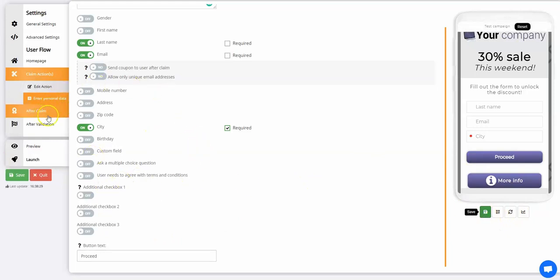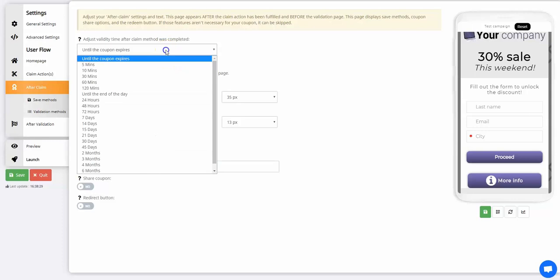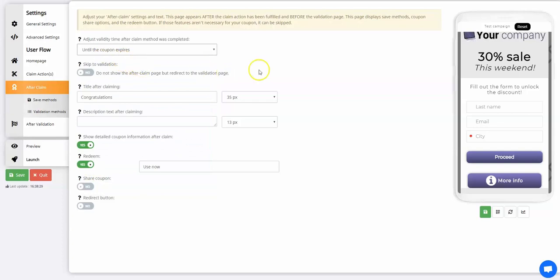Now let's set up your After Claim page. The first feature is the Adjust Validity Time after the claim method was completed. Either choose that the coupon is valid until it expires, or when a certain amount of time has passed after the coupon was opened. We'll leave it set to until the coupon expires. If you select Skip to Validation, users will automatically continue to the validation page of the coupon without seeing the